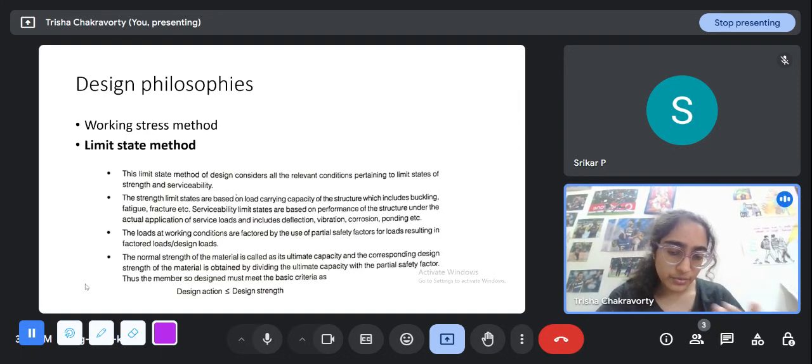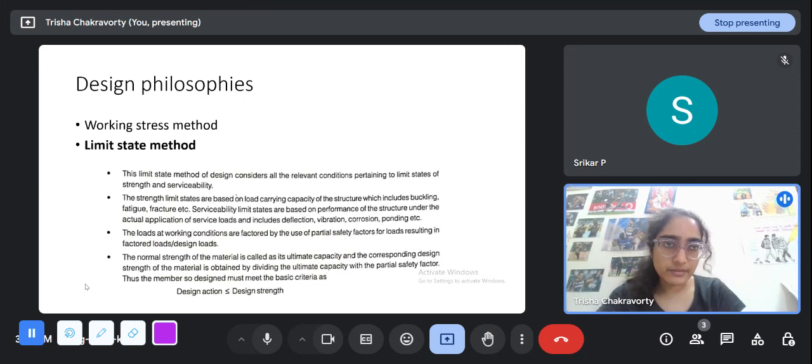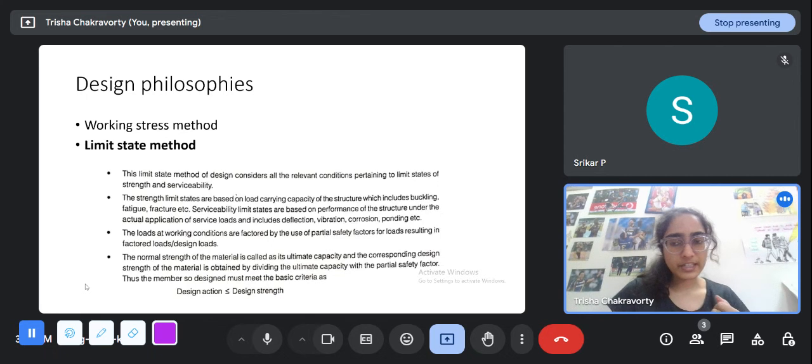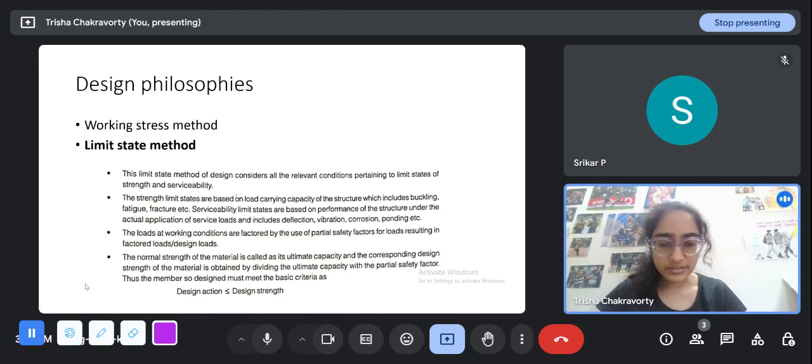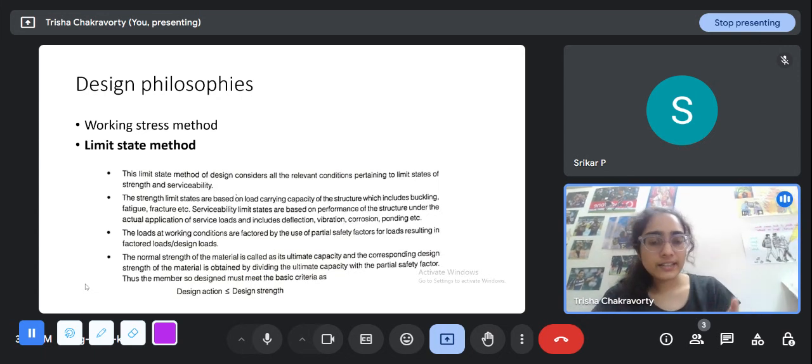So we multiply the load with a factor greater than 1 to get the design action, and we divide the strength or capacity of the element, that could be the shear strength, the flexural strength or the buckling strength, by a certain factor. So we are designing against a greater load than what we expect to be coming on the structure, and we don't allow it to go up to the maximum strength either. So inherently these partial safety factors bring some safety into the system and increase the reliability.